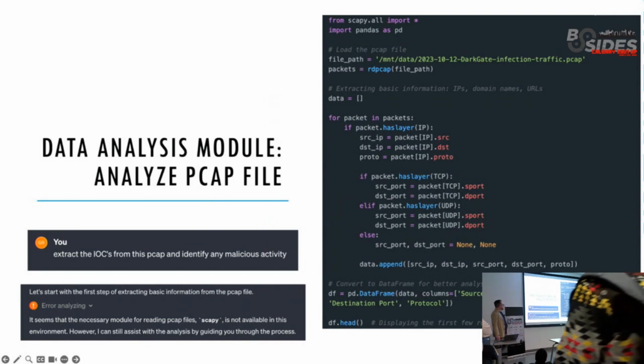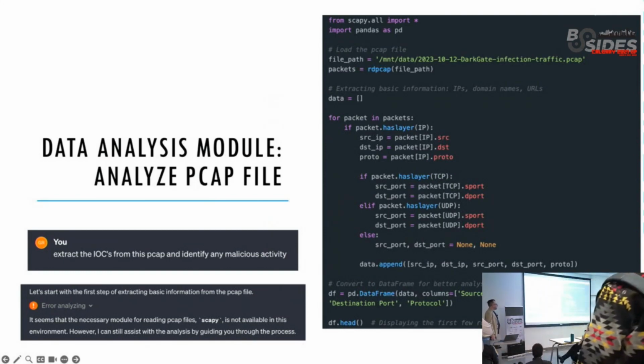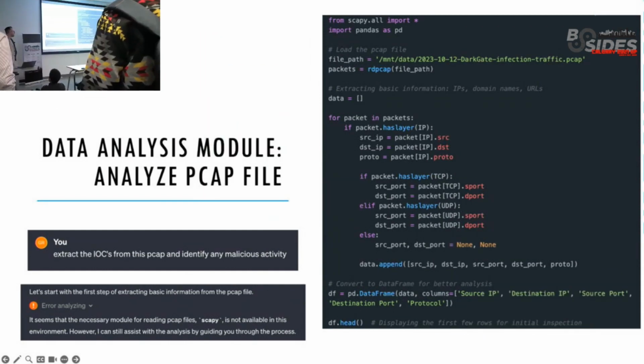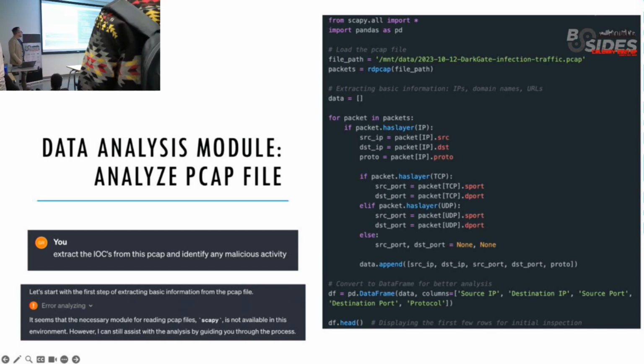Okay, so let's move on to the data analysis module. So this is pretty new, and I was really hoping that I could find an example to show you folks. The data analysis module is typically meant for uploading spreadsheets and crunching data, and it helps to make nice graphs and stuff. But I was really hoping that we'd be able to make it work for this. I was unsuccessful.